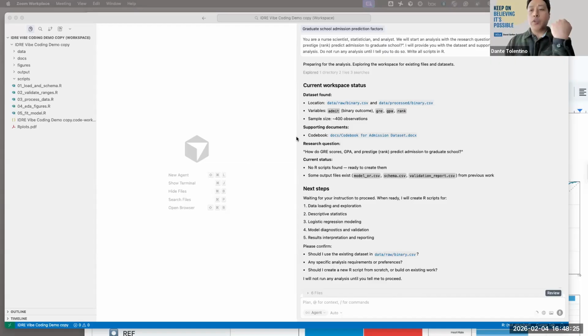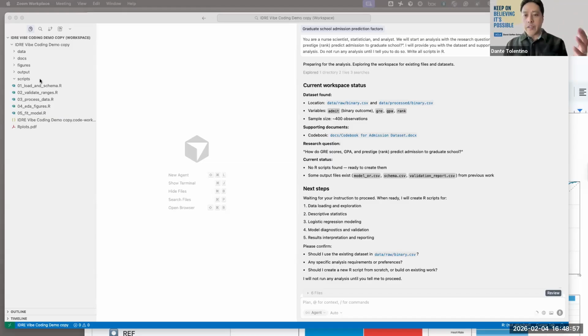It's divided into three windows. On the left is where all your documents live. Earlier I said you need to have some project organization when you're vibe coding, and this is what I meant: creating folders for your data, the documents you want AI to refer to, figures, where all your figures will live, your output, where any output generation will be, and then the scripts.